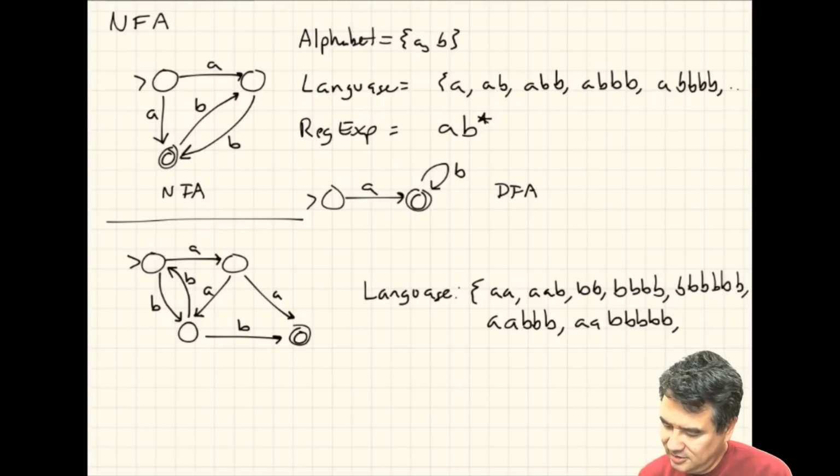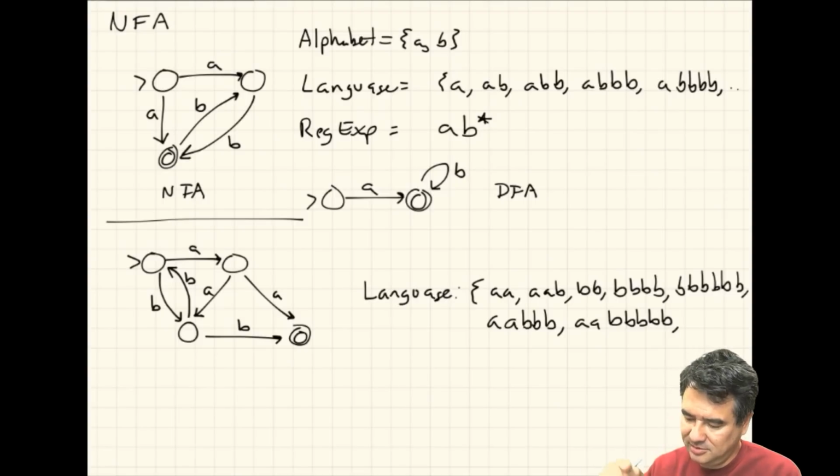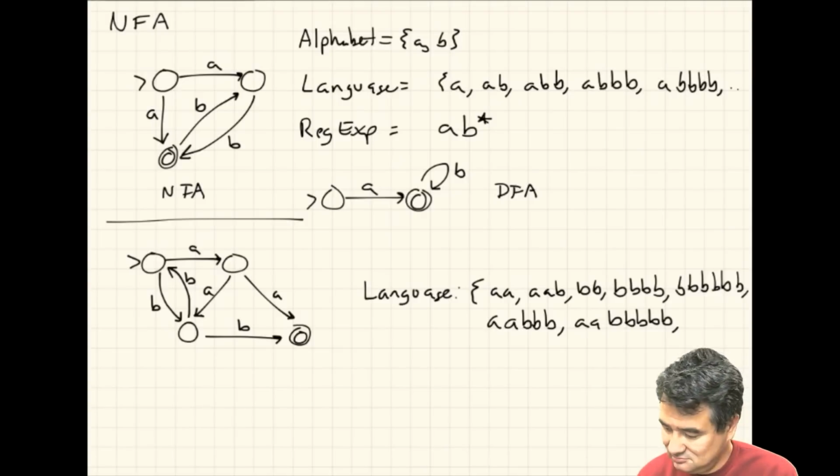I got AAB, so I'm going to make it like a Z shape. I got AAB. I think that's pretty good. So it's either AA or an even number of B's, or an AA followed by an odd number of B's. Anyway,